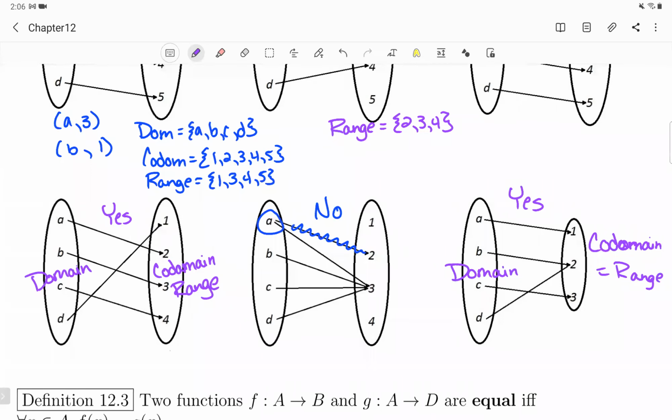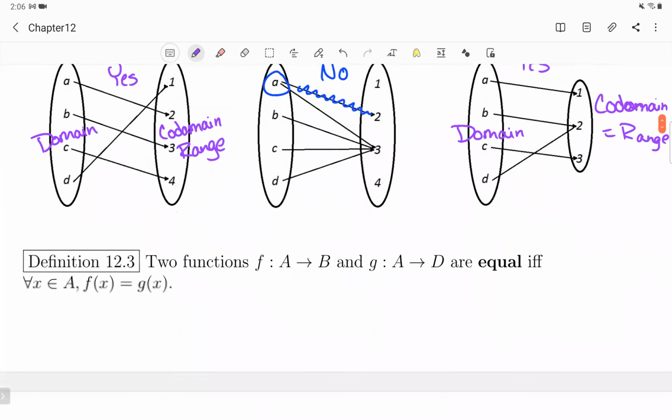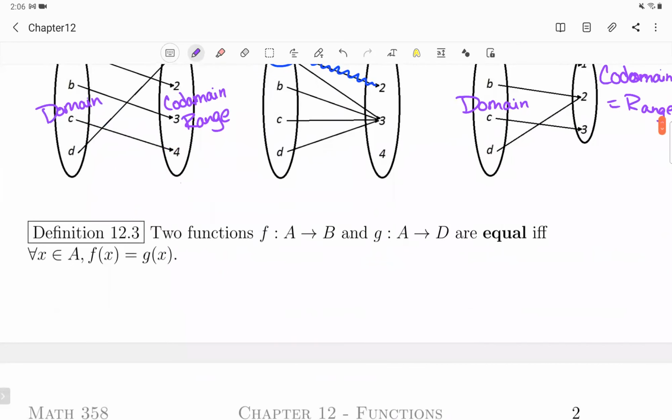So we've got a feel for functions. Here we go. We are going to say two functions are equal. We already said it means they have the same elements, but this is another way we can define that. They're equal if, for every single thing in the domain, when I plug it in, they give me the same value. So let f of x go from the positive reals into the positive reals and define that by